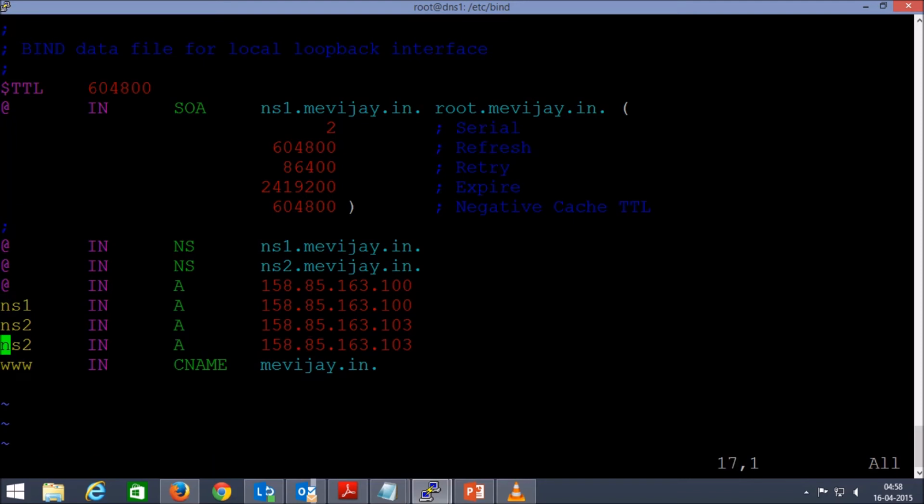Let me create a new record, mail, and give it the 108 IP. Now I'll try to resolve whether it returns the 108 IP or not. And let me complete this MX record entry. 0 is the MX priority.